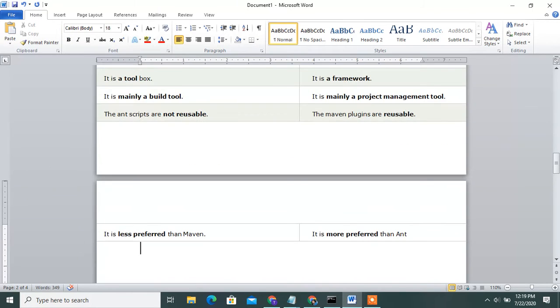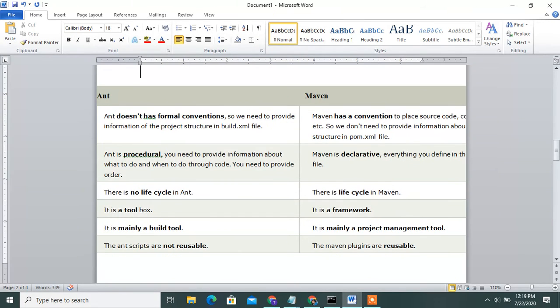See what the difference is between them. I will show you one chart also. See, Ant is also a build management tool, but you can run only build.xml files. It provides the project structure information using the build.xml files.